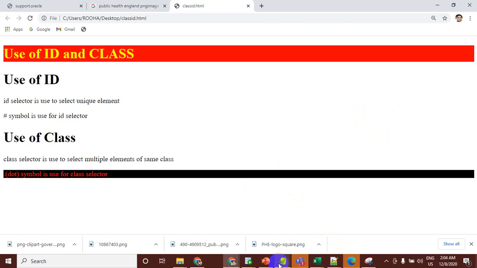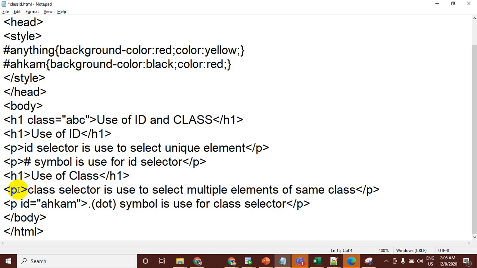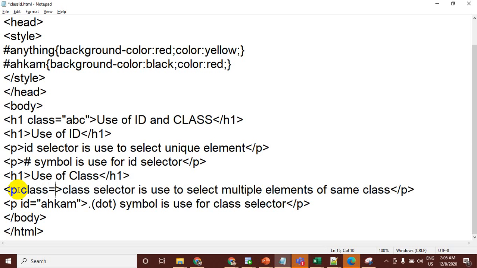Okay, for example, I want to add in the same example, means you have paragraph tag. Okay, you have h1 tag. For example, instead of id, now I am going to add class. Okay, so I have written class equals to, for example, abc. Okay, class equal to abc. Then I have one more paragraph, this one. I am going to assign one more class equal to